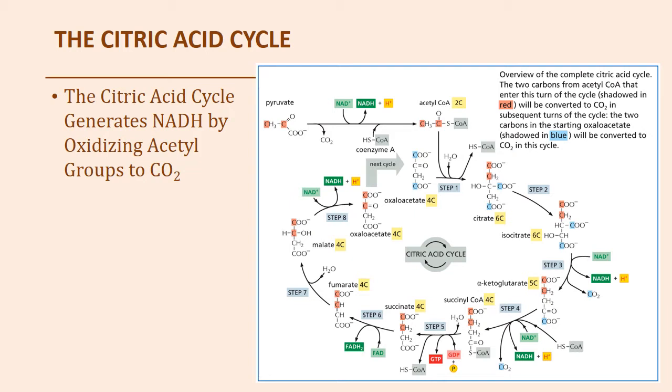In this case, the citric acid cycle, the name is preferred because one of the byproducts that will be generated as we start to pull our acetyl-CoA apart is citric acid. So it makes it a little bit easier to remember the component and the name of the cycle because they basically are a play off each other. The citric acid cycle, as I mentioned to you before, will take place in the matrix of the mitochondria,